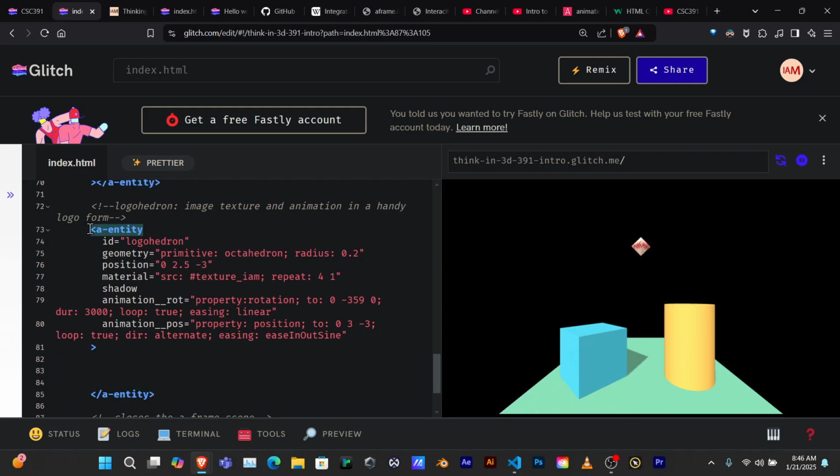Here's the open tag for the logohedron, and notice that the open tag isn't done until we have the last angle bracket. So all the attributes of the entity go in the entity tag. But between the open and close tags,